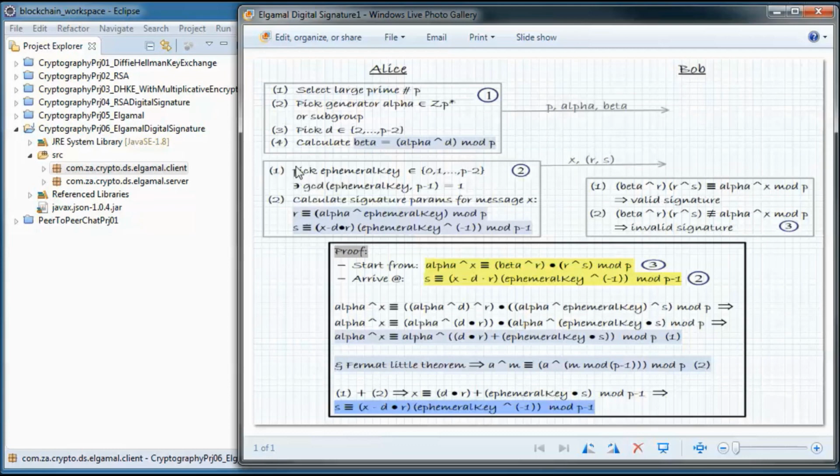And then for each message, she picks an ephemeral key from 0 to P minus 2, such that the greatest common divisor of the ephemeral key and P minus 1 is 1.